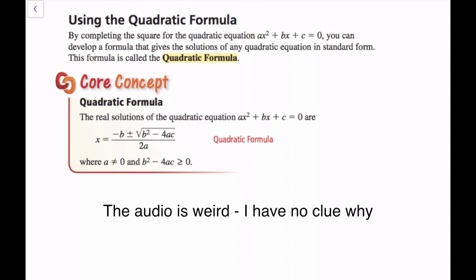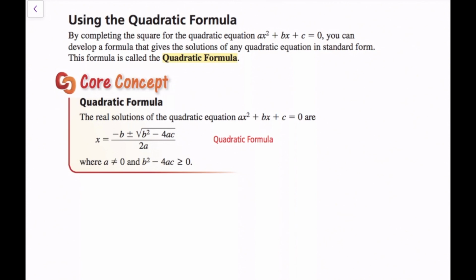So in this lesson, we're going to talk about how to use the quadratic formula. Hopefully you've seen one or two of my videos on how to derive this formula, but you can do it by either using completing the square or by using vertex form and standard form. But either way, we get our solutions to this ax squared plus bx plus c equals 0, the standard form of a quadratic equation. Our x equals negative b plus or minus the square root of b squared minus 4ac